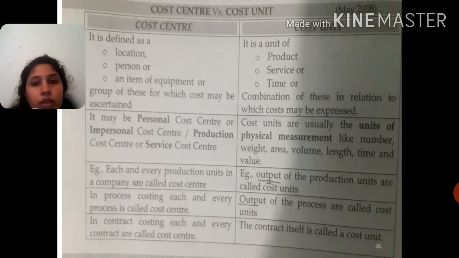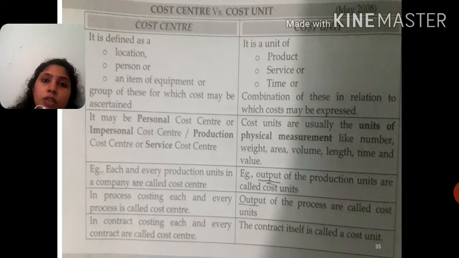They got one contract from Kanjangadu to Bekal, but in between one bridge is there. They divided that work into two: Kanjangadu to Bekal road work and bridge work. So bridge work can be considered as one separate cost center, and Kanjangadu to Bekal road work can also be considered as one separate cost center. So two cost centers are there. Clear? It comes under contract costing.